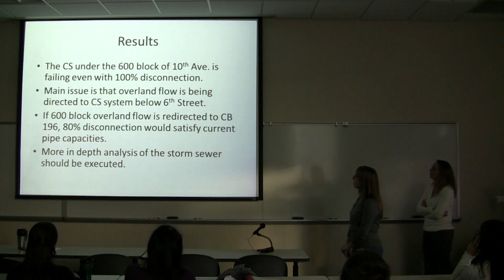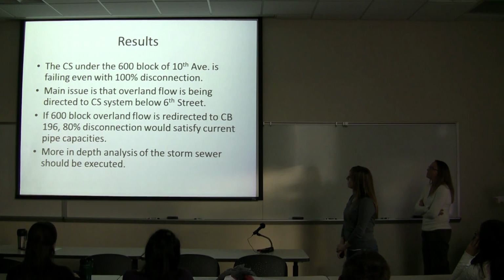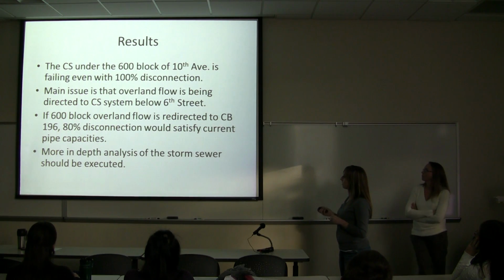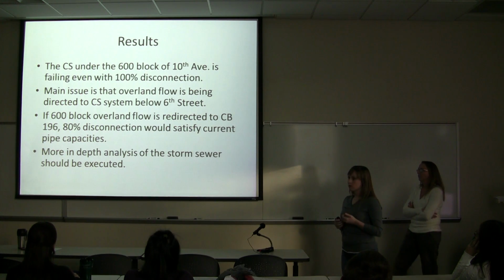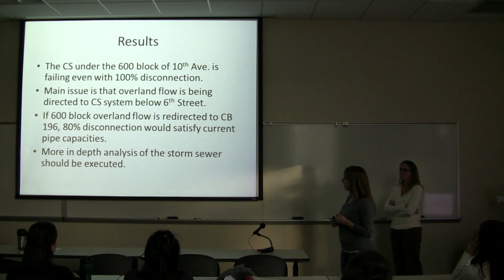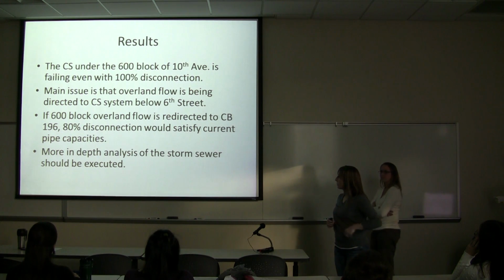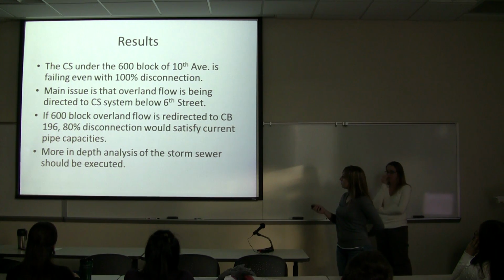To sum things up, we said that even with 100% disconnection of the homes, the 600 block still failed. So this led us to further investigate the 600 block, and we decided that the overland flow on the lower portion was the main problem. And with an 80% disconnection, it would satisfy current pipe capacities without failing if the overland flow is rerouted to